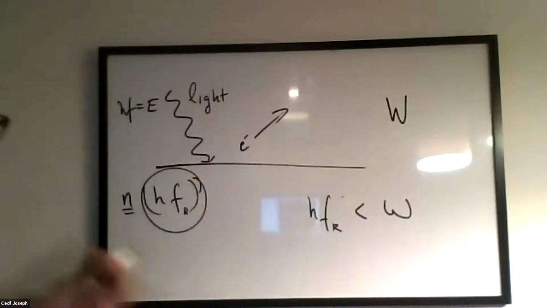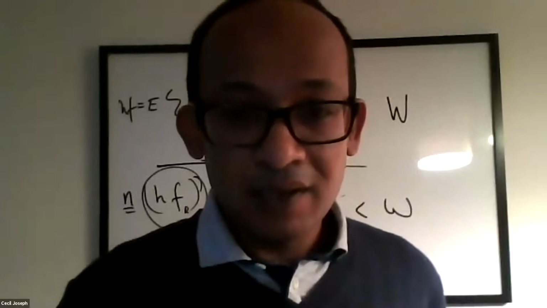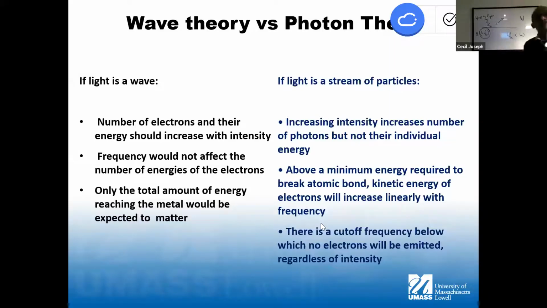Okay, so those are two predictions, and they're two fairly different predictions. One says, according to the wave theory, of course, that any frequency of light should be capable of ejecting an electron. The other says that no, any frequency is not capable of ejecting an electron. You have